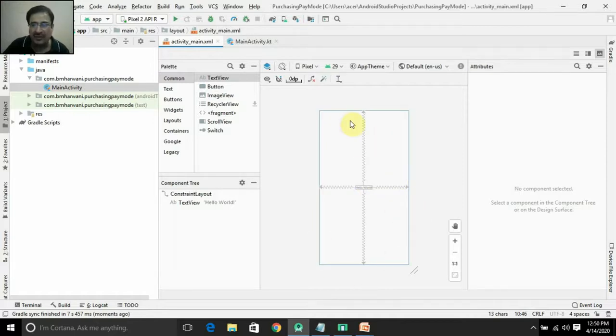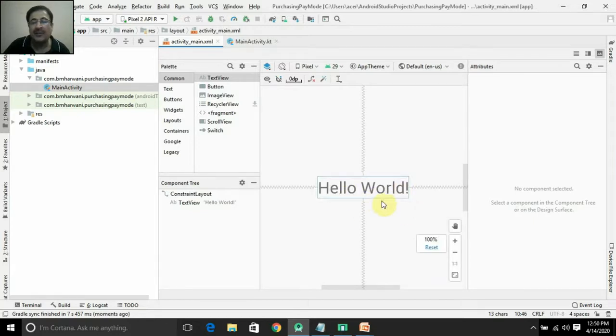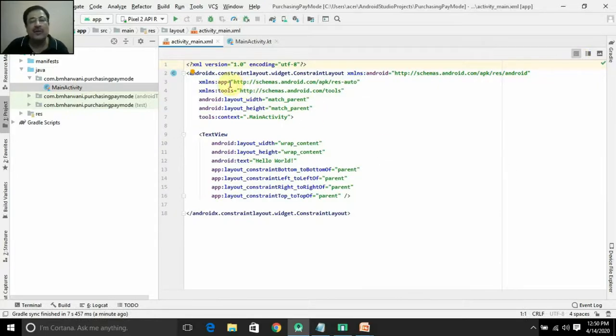This is my Android screen, right? This is the graphical representation of my screen, and you can see the text view component here. It's very small. I'll maximize it. This is the Hello World text assigned to the text view component by default, and here is the coding of the GUI that we'll design. By default, you have the constraint layout for this GUI, and the text view component is this one. What is layout? Layout determines the way your components will be laid out on the screen. If you select linear layout, your components will be laid out linearly one below the other.